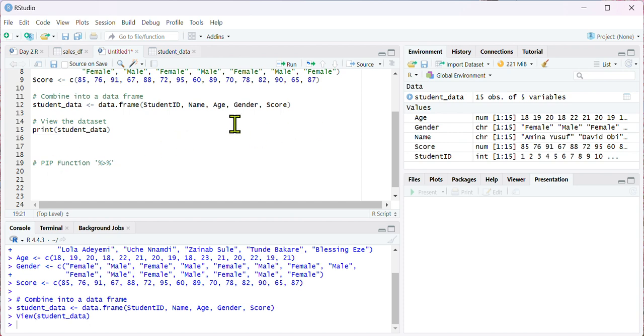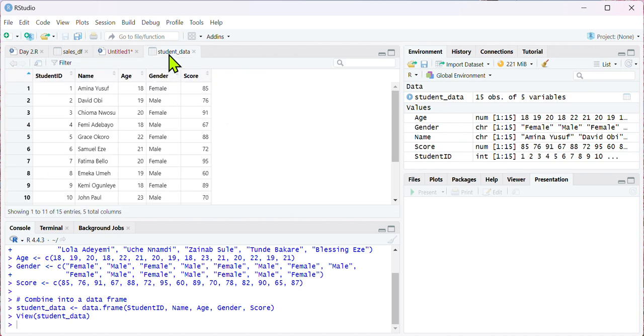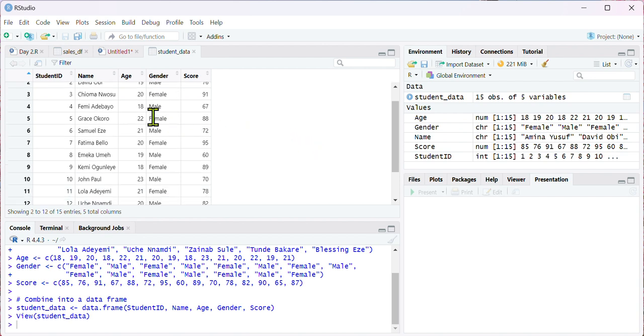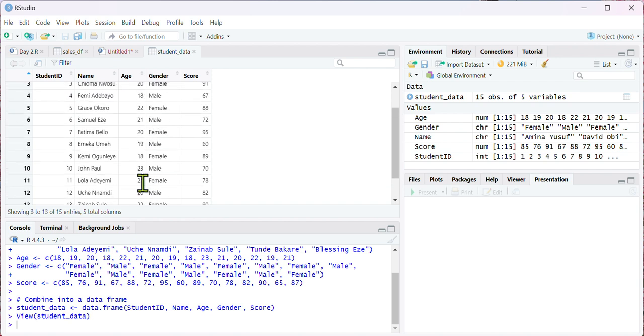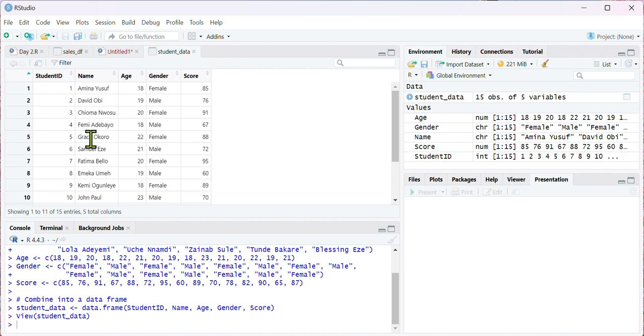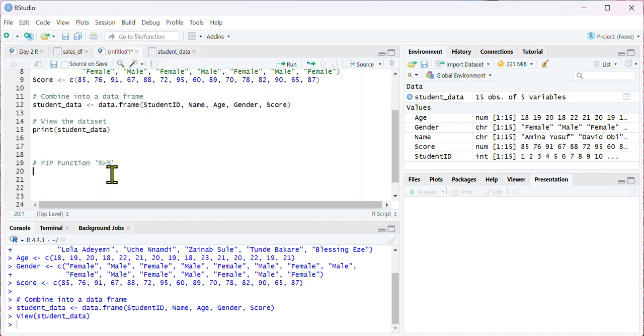Now, based on the data set that we have, let's say I want to filter for age greater than 20, or greater than or equal to 20, or less than. That is, for my list of students, I want to see those that are older than 20, that is 21 upward. So to do that, we already know that the name of our data set is student